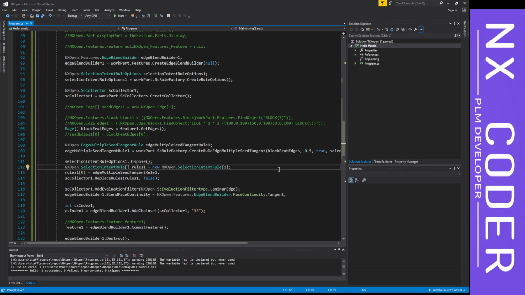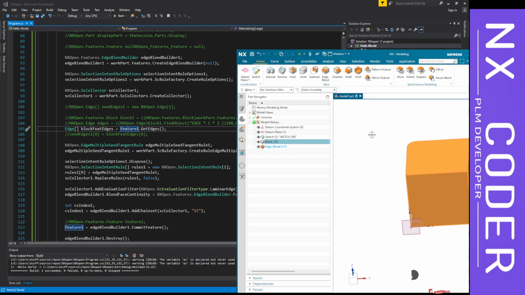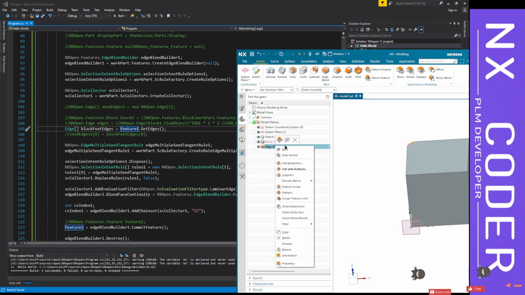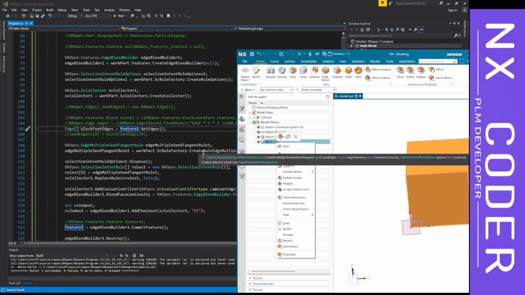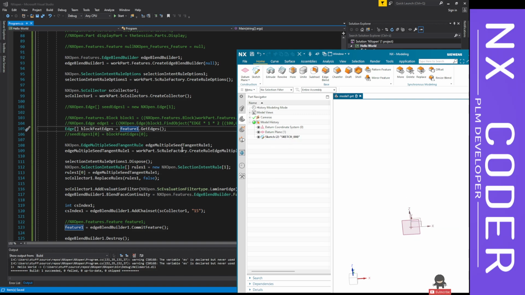So now what technically we did: instead of creating a variable called seed edge again, creating an array of length 1 and setting the zeroth value, what exactly we did is pass all the edges that we got out of this feature. Which means, what is the feature? The feature is a block feature that we created. So now I will delete it so we can build it and then rerun it. Technically, we found all the edges and then passed them to the edge blend array. So if I build it